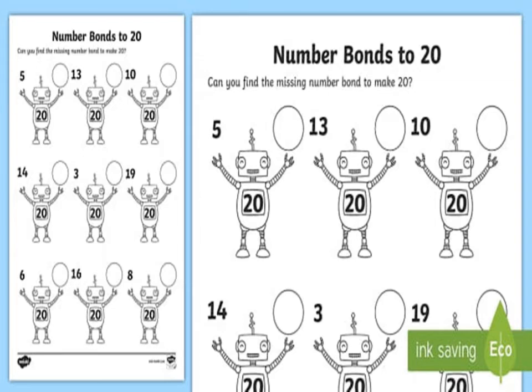Now you all can complete the following exercises. I have given some exercises. You are going to complete these exercises the way I taught you. Always keep in mind 10 plus 10 is equal to 20. With that you are going to complete these number bonds to 20 exercises. I'll give you a few minutes. You can stop and pause the video and continue the exercise, and after that play the video to continue the balance of the lesson. Complete these exercises.